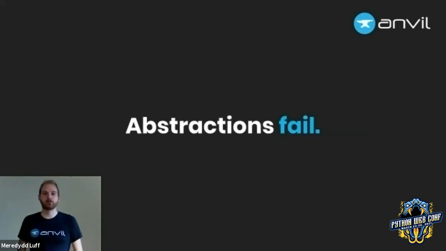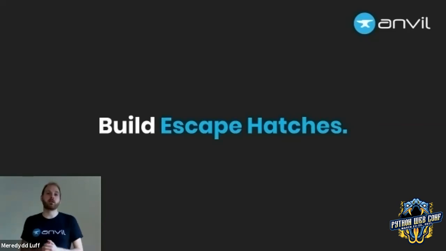They fail. And this is a whopping great big abstraction. It's an abstraction over the entire web. It's a fiendishly complicated system. There is no way that we can reproduce all of the complexity in a simple Pythonic API. So this is an abstraction that is bound to fail, which means that we need the escape hatches. Let me walk you through a few of the design choices we've made.